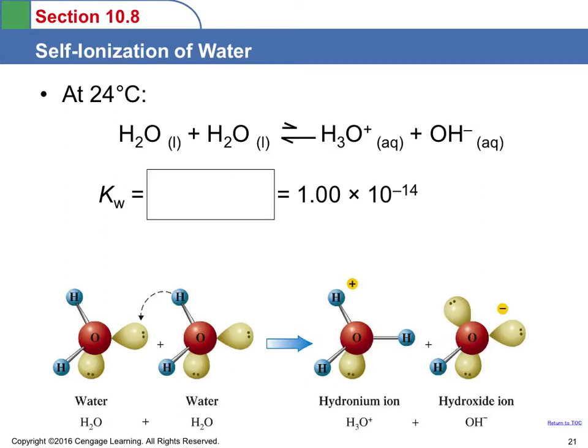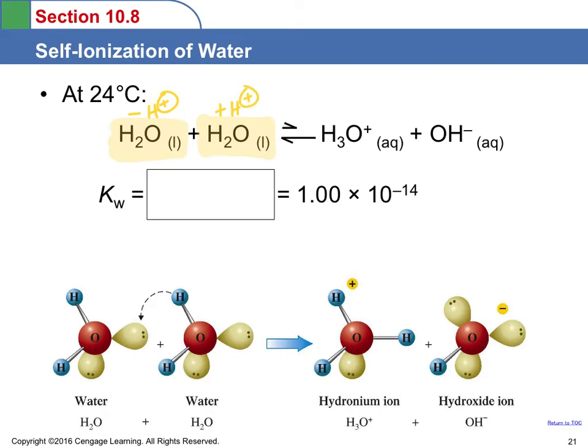In this video, we're going to talk about the self-ionization of water. What this means is if we look at pure water as a liquid, and we're actually going to look at two molecules just to see what's going on here, right? If you have a beaker of pure liquid or pure water sitting on the counter, it's not all H2O, right? What's actually happening is one water molecule here is going to act as the acid, and it's going to lose a hydrogen ion. The other water molecule is going to act as a base, and it's going to accept that